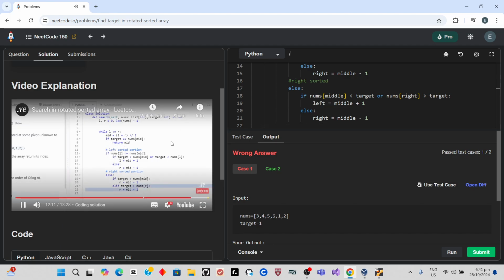Notice again how these two are doing the exact